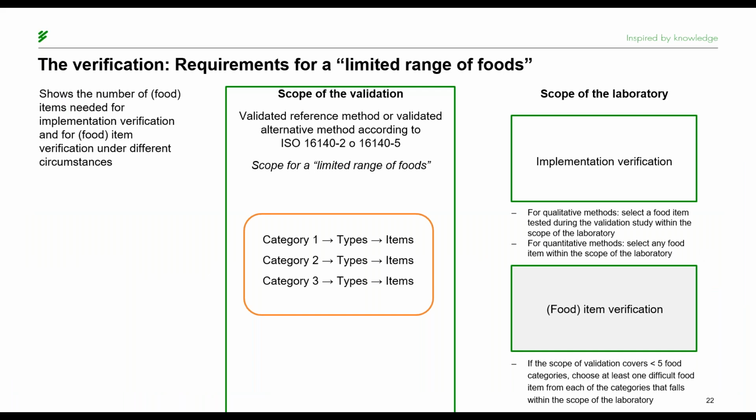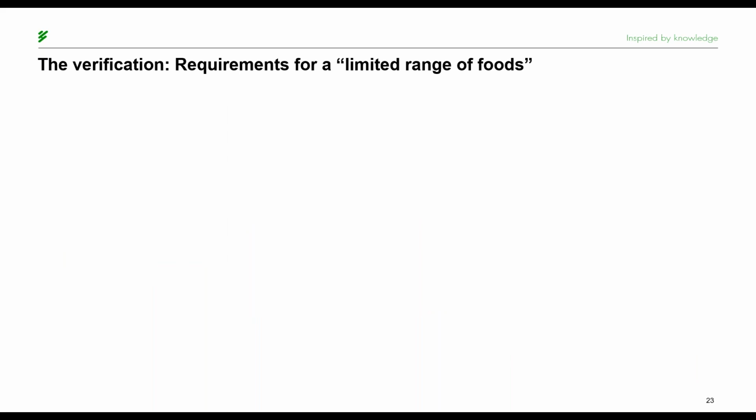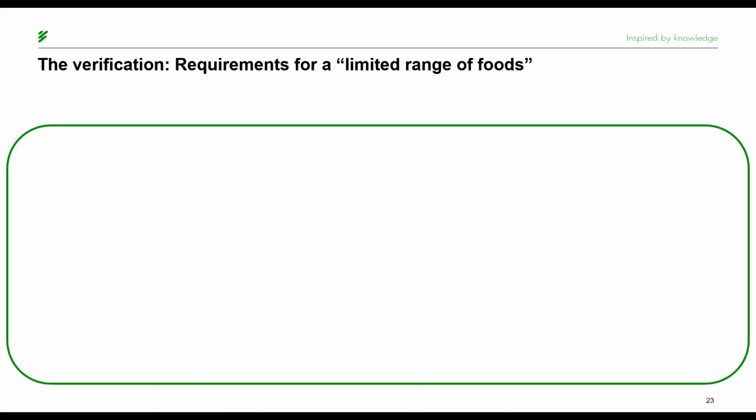Now we have a situation where the laboratory is interested in doing a verification for a limited range of foods. And when it's limited, it should be less than 5 categories included in the scope. In this case, the categories would be limited only to those tested during the validation, as we can see here. And if the scope of the laboratory was, like I've said, less than 5 categories, at least one difficult item for each category would be chosen for an item verification. How would that look like? Well, then we have